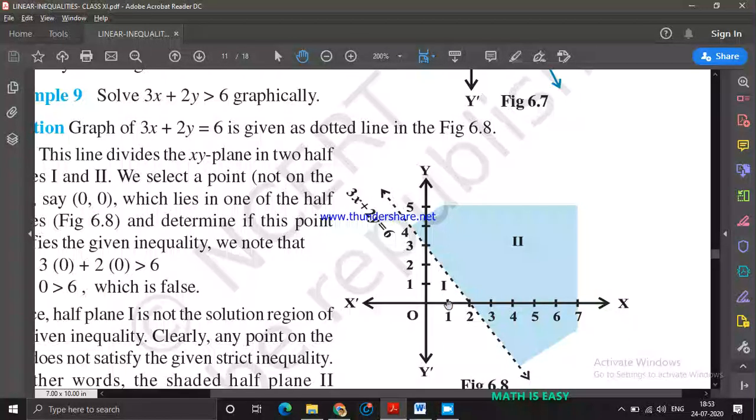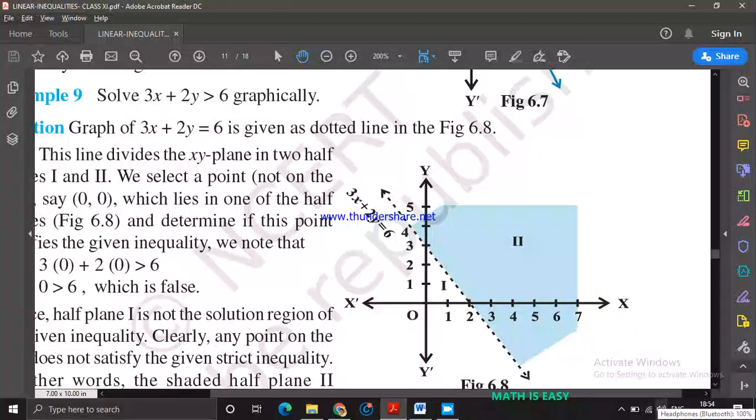In part 1, one of my solutions is (1, 1). If I substitute 1, 1 here, 3 plus 2 is 5. Is 5 greater than 6? No. That's why the part below cannot be the solution and the part above is the solution set. That means each and every value in this region satisfies